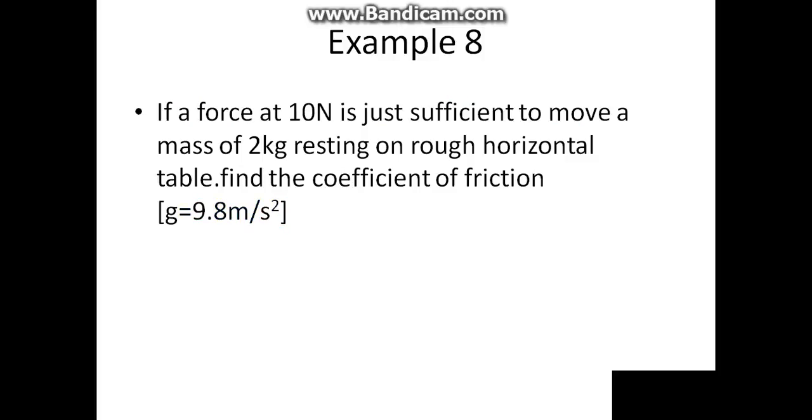Example 8. If a force of 10 Newton is just sufficient to move a mass of 2 kg resting on a rough horizontal table, find the coefficient of friction taking force of gravity g equals 9.8 meters per second squared. Looking at the diagram, a 2 kg mass is being pulled by a 10 Newton force, and small force f is resisting the pull. If the normal reaction acting on the mass is 19.6 and the weight of the mass is mg, then we have that